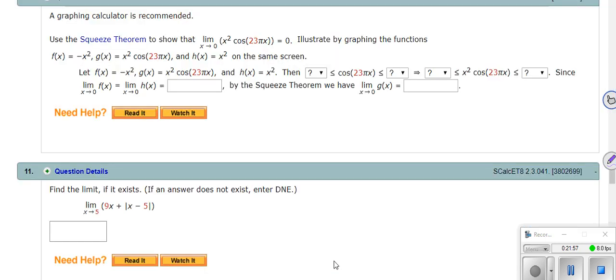So these have little drop-down menus. Okay, so cosine of 23 pi x, good gracious, without the x squared on it, is between, I will just tell you,